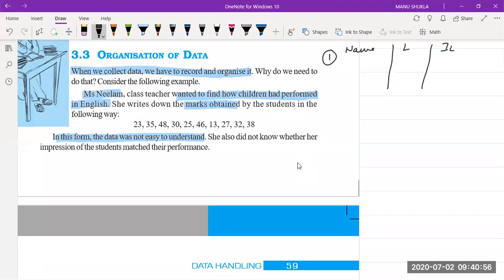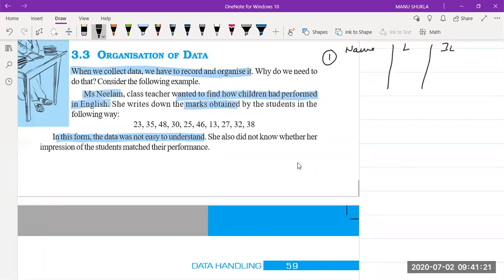Suppose the name is, sir, what is it in India? Beta, don't push me into GK concepts. In India, I guess it is class 5th. As far as I know, in India, it is class 5th. Because if we keep it at class 12th, then the literacy rate will be very low for India. Okay? It is different for different countries. Okay, ma'am. Kritika.